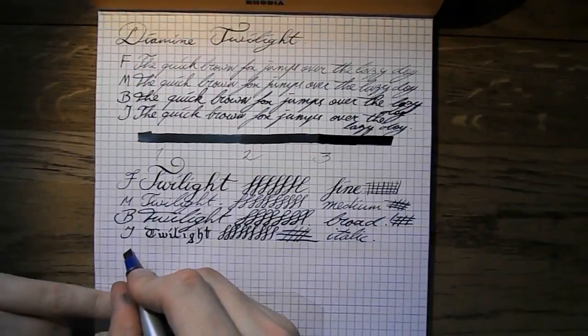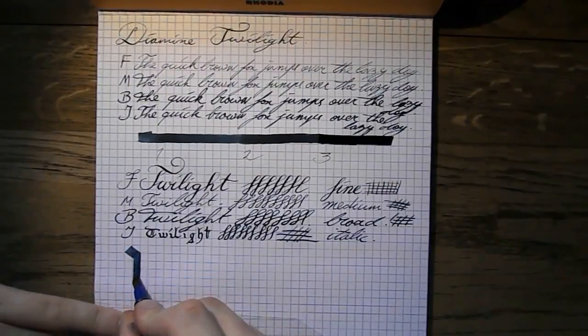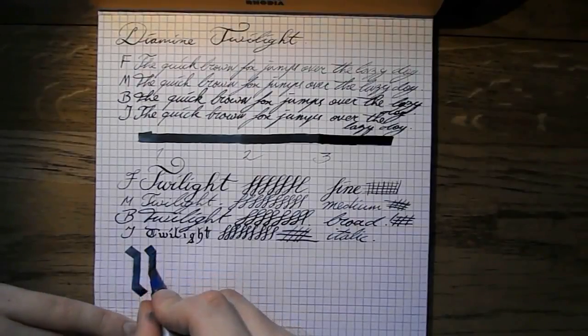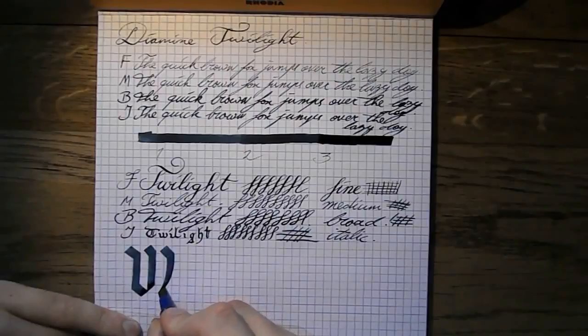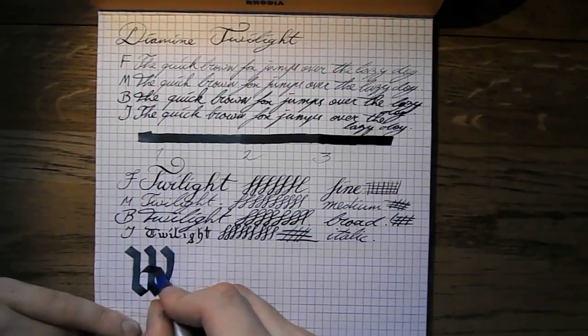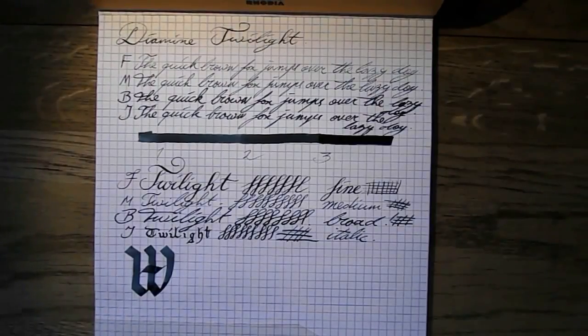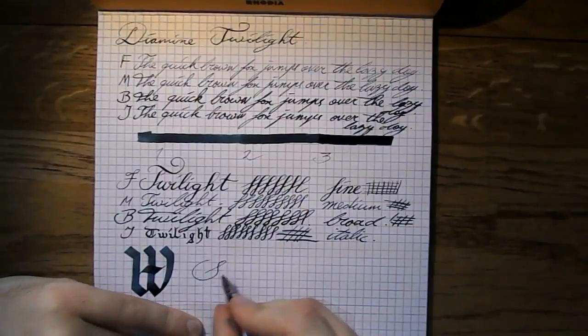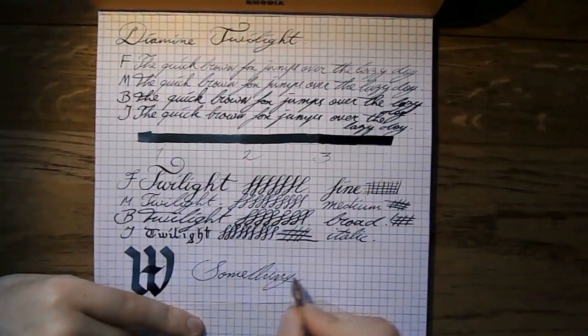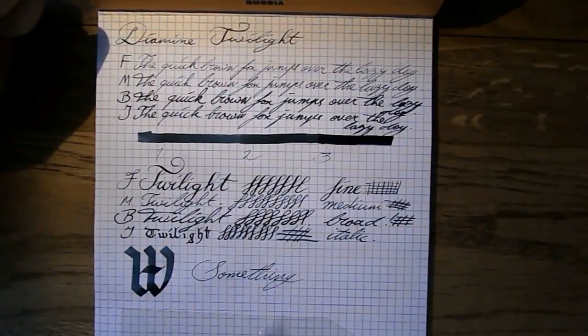First of all, waterproofness. We'll leave that to dry for a short while. And then, of course, there was this one test someone suggested twice: to just write something, let it dry, and then pass over it with a wet brush. Now, she was quite adamant about that, and she suggested it on the Inkcyclopedia, and then she suggested it again